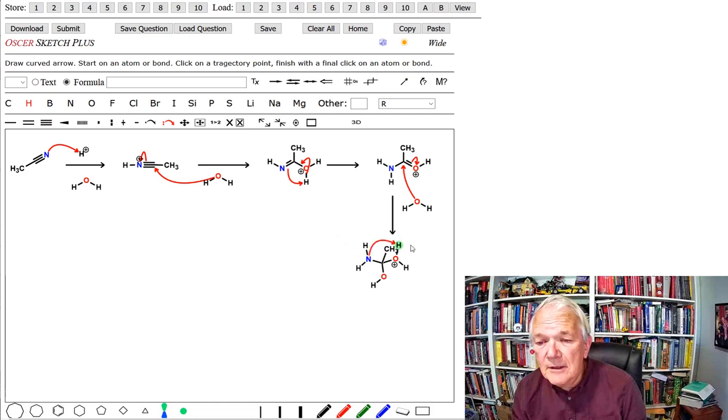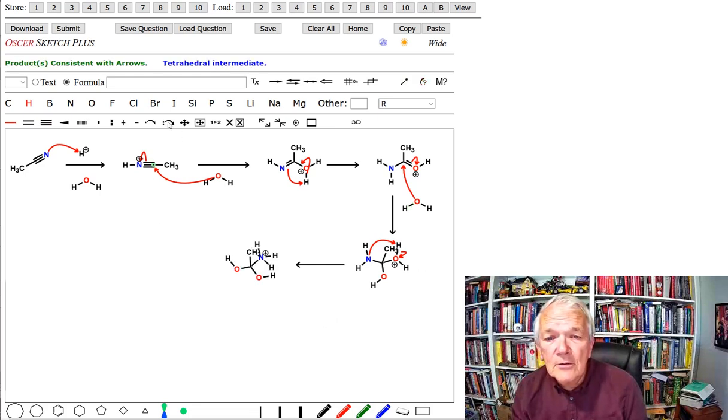Grab one of those protons and get our amine all set up for leaving. So now we have a good leaving group on there. We'll just take one of those OHs, bring it back to form the carbonyl, kick out the amine,